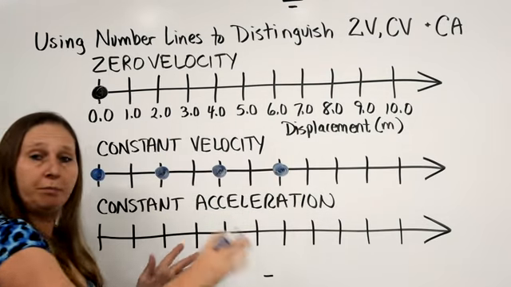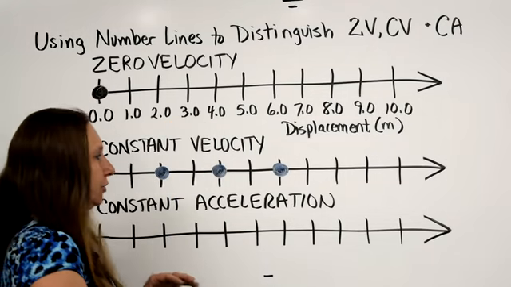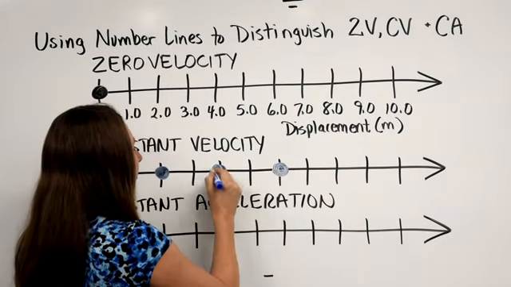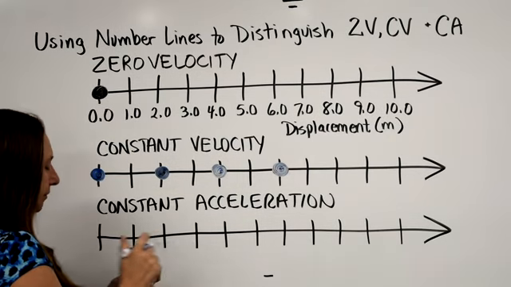Now the spacing here should be perfect. I did draw these lines, so it's off a teeny little bit. But the spacing should be perfect. If you have a piece of graph paper, you can do this perfectly. All right, so